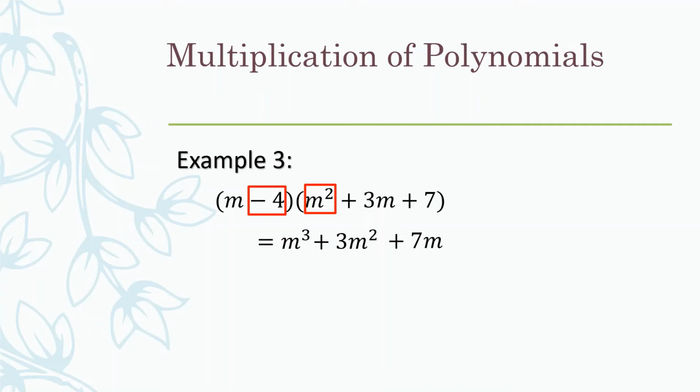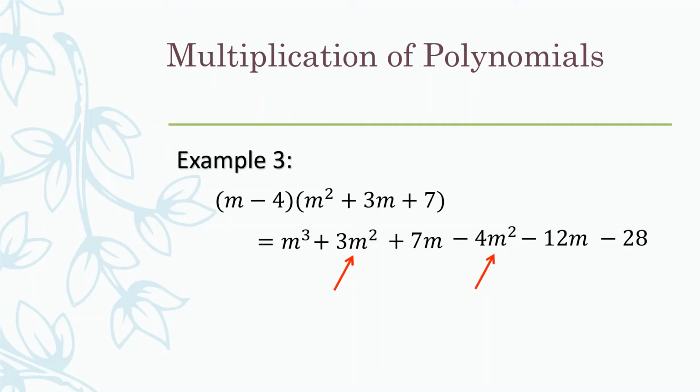So, next term naman tayo ng factor ng binomial. That's gonna be negative 4. Negative 4 times m squared is just equal to negative 4m squared. Negative 4 times 3m, that's negative 12m. And lastly, negative 4 times positive 7 is just equal to negative 28. Note that